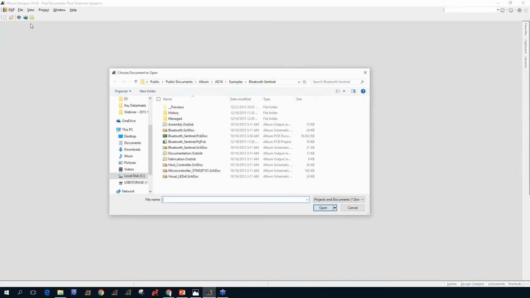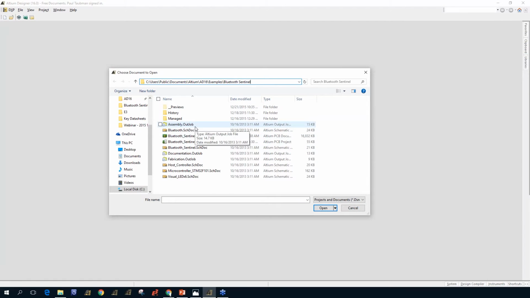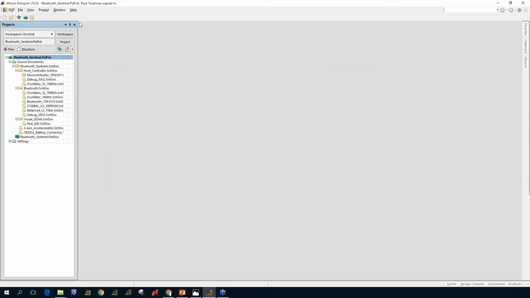I'm going to click here because I don't know if it's going to put me in the right directory. I'm going to do a Control-V to drop it in. And usually, by the way, by default, when you start Altium Designer, it always points you to its examples directory. I'm going to hit Return, so I guess it was there. That's fine. And then I'm going to click on the PRJ PCB. Note that I don't have to select anything else. So just the PRJ PCB, I'm going to bring that in. And now we see the Projects panel pop up, and along with all of our files that are associated with